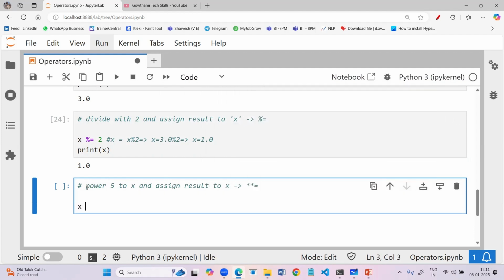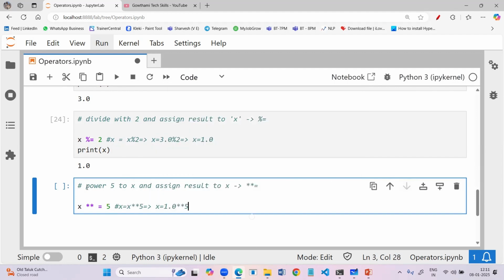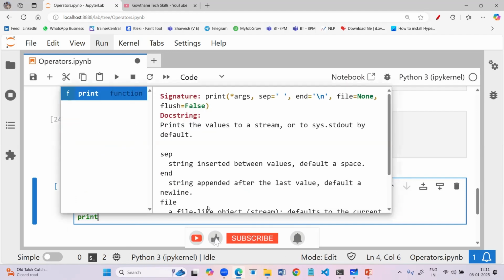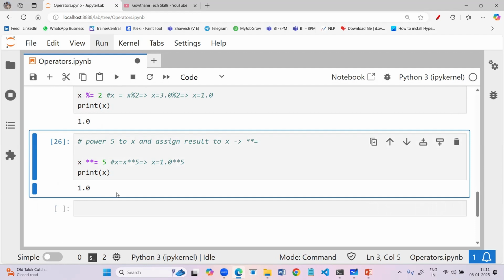How can I make use of that operator? x star star equal to 5. What is the meaning of this? x equal to x star star 5. Here x is holding a float value, that means 1.0 star star 5. It is going to return the output as 1.0 only, because 1 to the power anything is 1 only, but see, 1.0 itself.